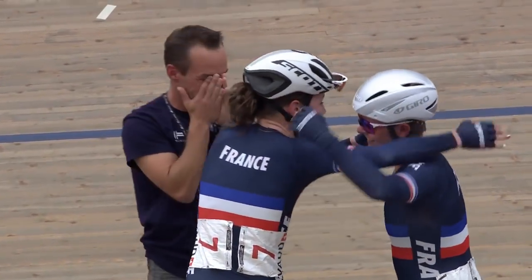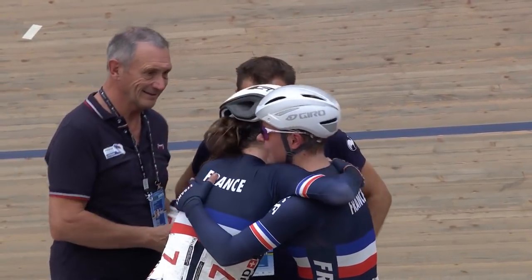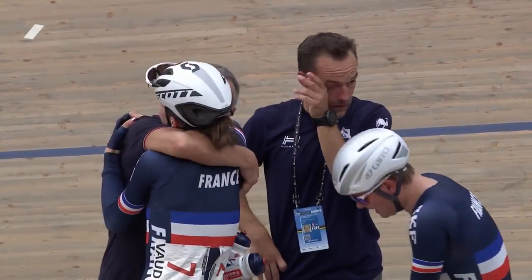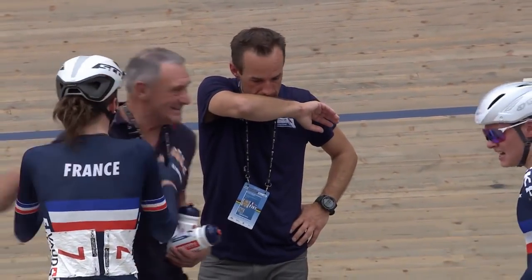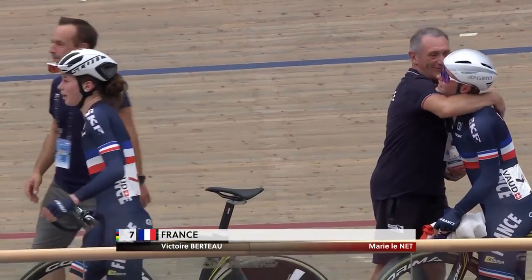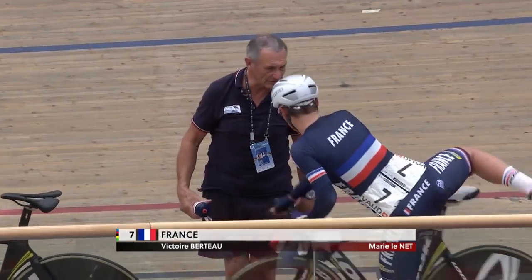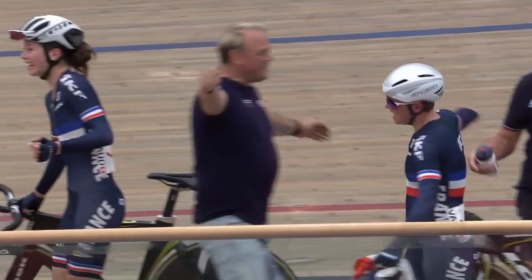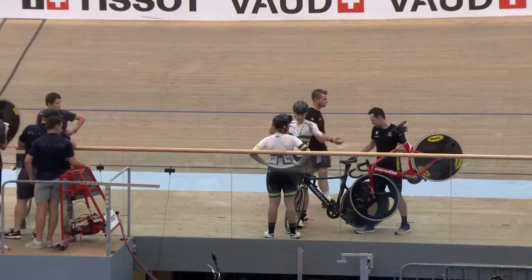the adulation of the French team manager, who barely contained the tears as well. And that was a great race, an action-packed Madison right from the get-go, and really a great example of how to ride the Madison given by the French riders there. That experience, of course, certainly for Marie-Lenée, who was involved in the final last year when they took the bronze medal. Yeah, exactly, and we see it's a very young discipline for women, which started about 2 years ago, and